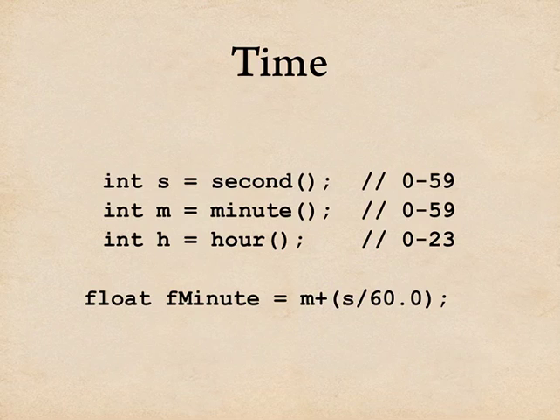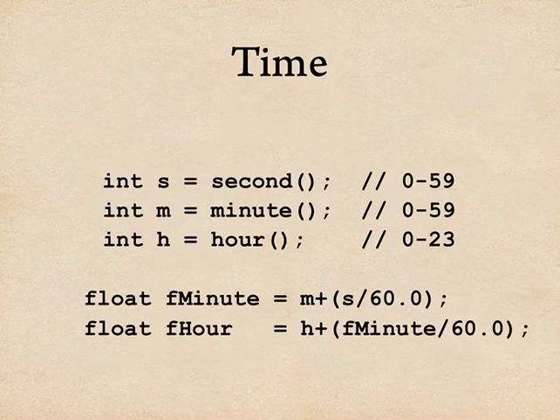It'll be the integer we get back from minute plus a floating point value from 0 to 1, and that will just be s over 60. So as the second hand works its way from 1 minute to the next, the value of minute will gradually go up from 1 minute to the next. We can do the very same thing for the hour. I'll create a float called f_hour, and I'll add the floating point minutes that we just computed, divided by 60,